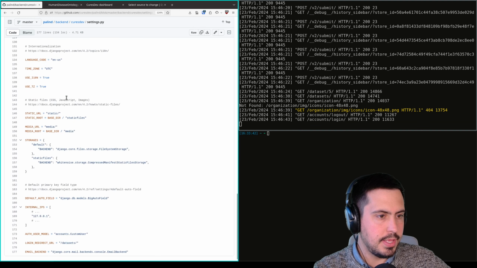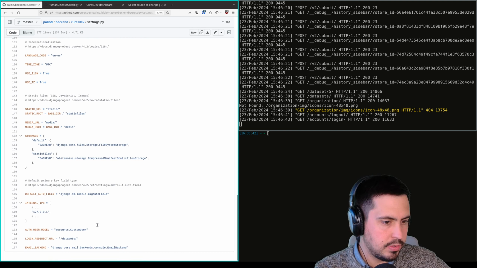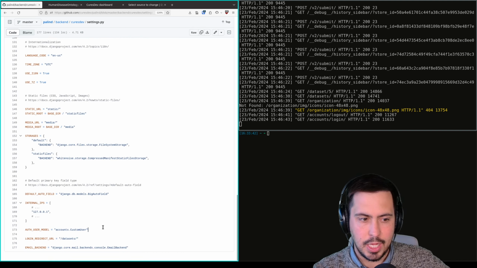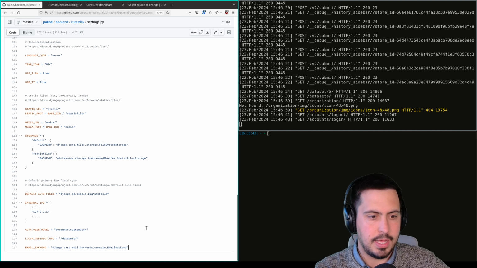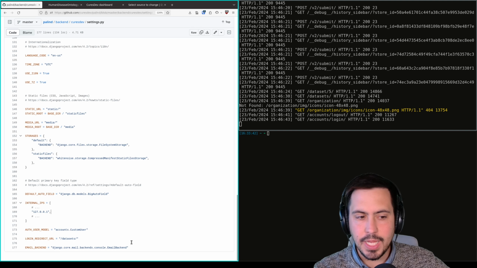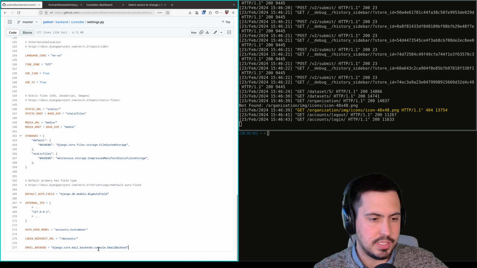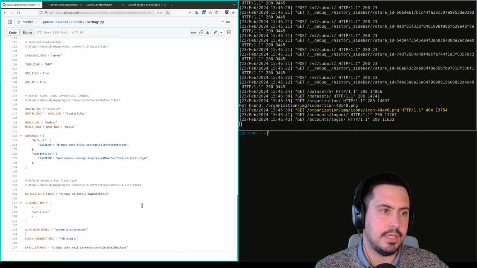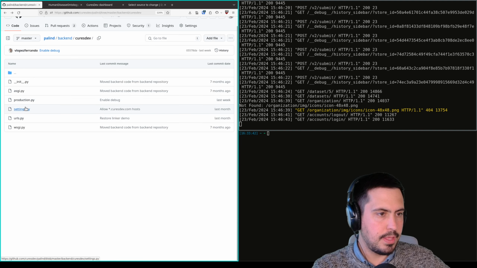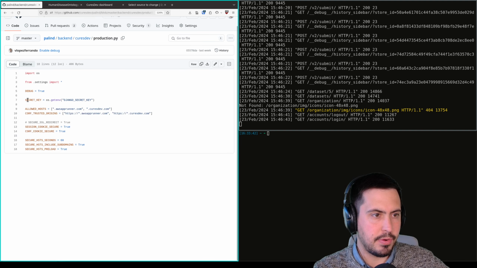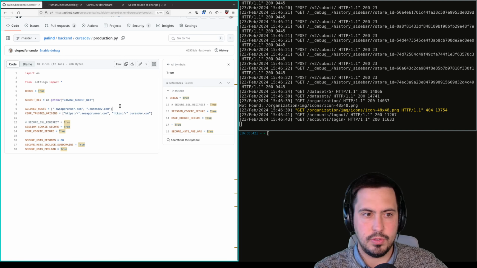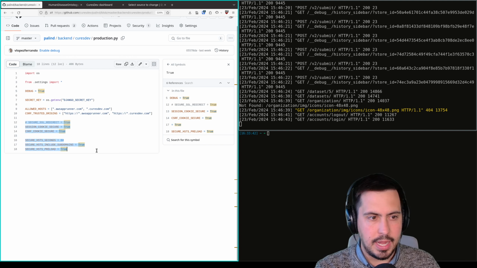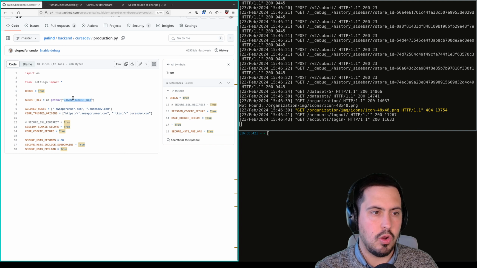And then here we might have some other customization, like what is the auth user model, where to redirect for login, and so on. There is actually no email backend, so this is just printing emails to the console, but we're not sending emails. So we have some settings specific for production, in which we only allow some hosts running on CuresDev or Amazon Web Services App Runner, and we enable all of the security features